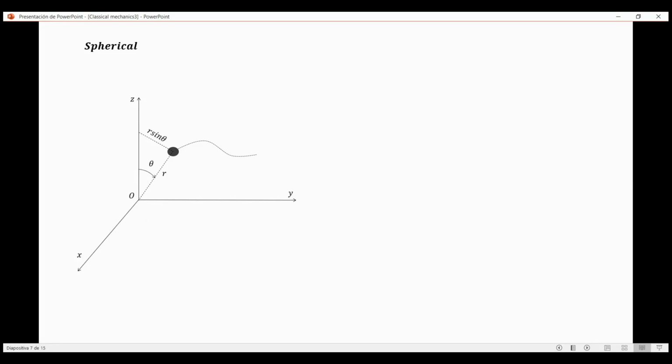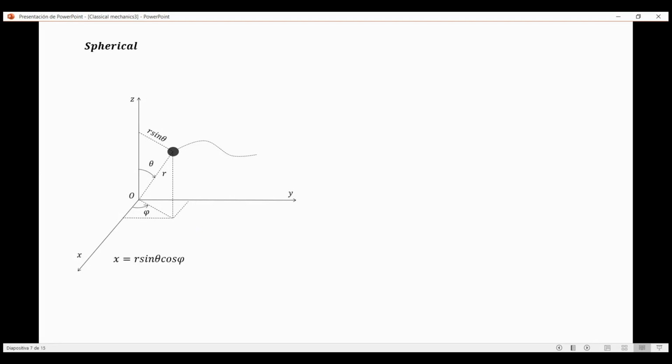This is the right angle here, 90 degrees. And if we take the projection of the position of the particle on the xy plane, the vertical projection, this angle that r sine of theta on the xy plane makes with the x-axis is phi,